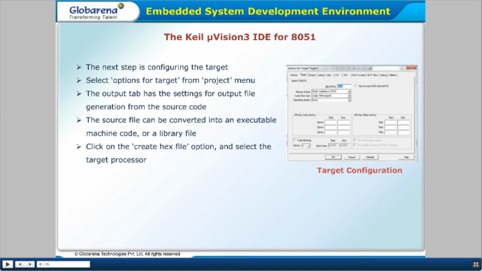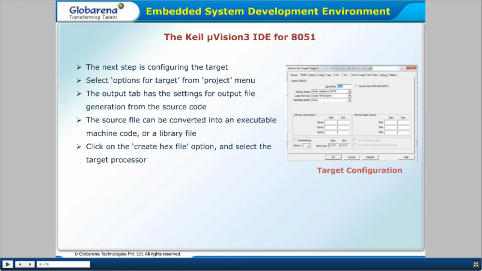The next step is configuring the target. Configuring means we are configuring the different types of tools which are used in the 89C51 target microprocessor, and selecting different types of options which are used in the Atmel. The output tab has the settings for output file generation from the source code.